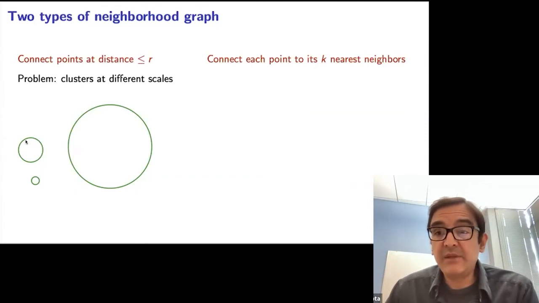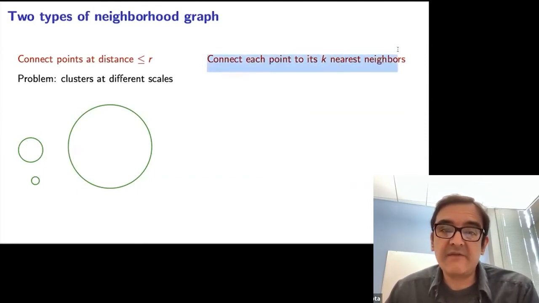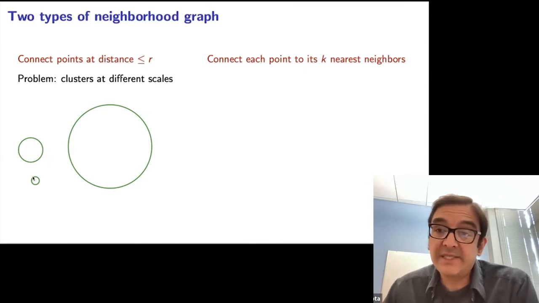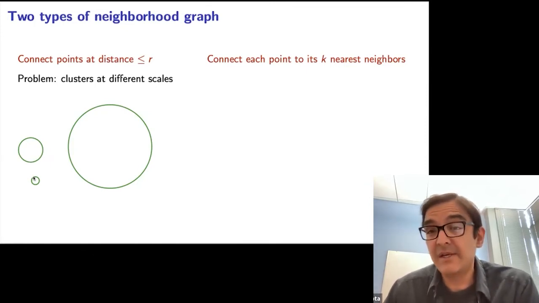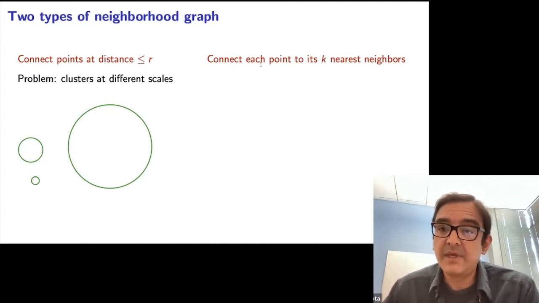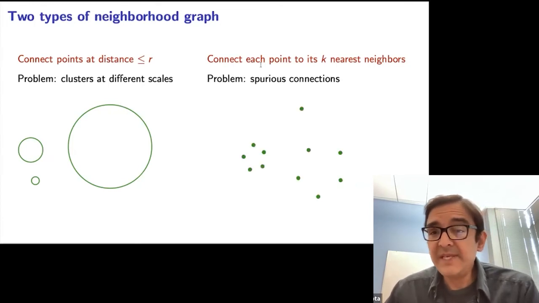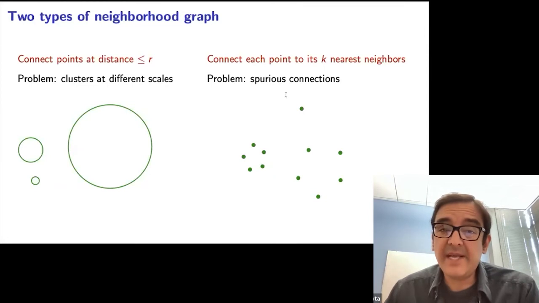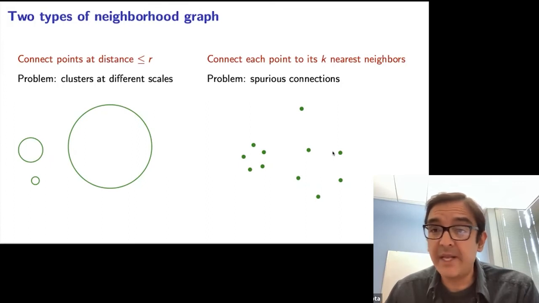And in order to deal with such cases, the second technique is often suggested, where you just connect each point to its k nearest neighbors. That would correctly deal with this example on the left, because in the small cluster, its k nearest neighbors would presumably be in the same cluster, assuming there are enough data points. And it would also do something sensible in the large cluster. But the problem that occurs now is that you get spurious connections. In many data sets, there are some points that are outliers or just a little further out than the others. And connecting such points to their k nearest neighbors can wreak havoc with this graph and end up joining up regions that really should not be joined, okay?